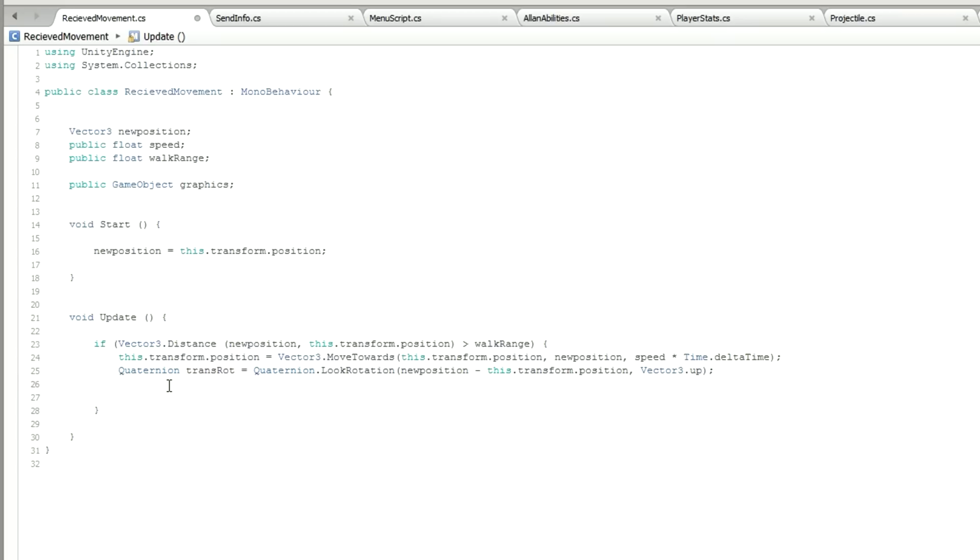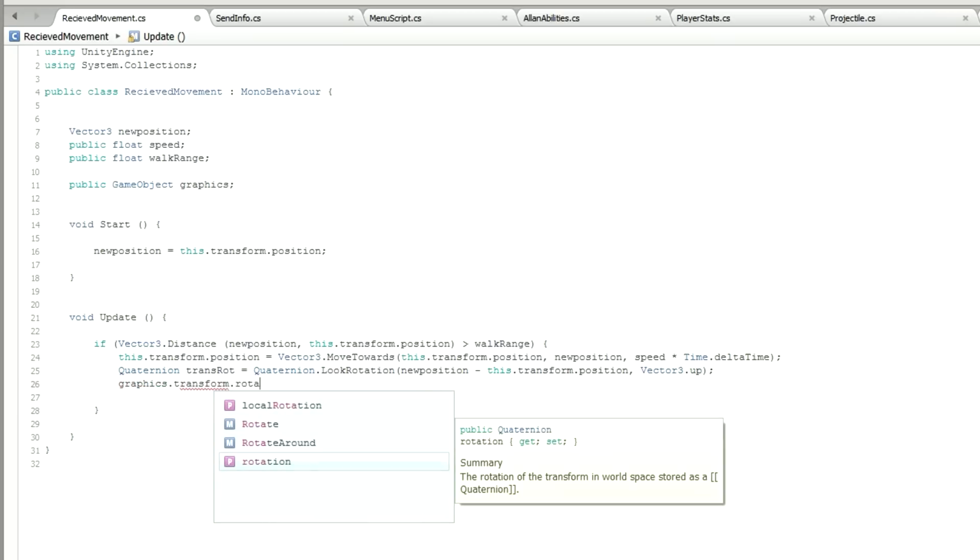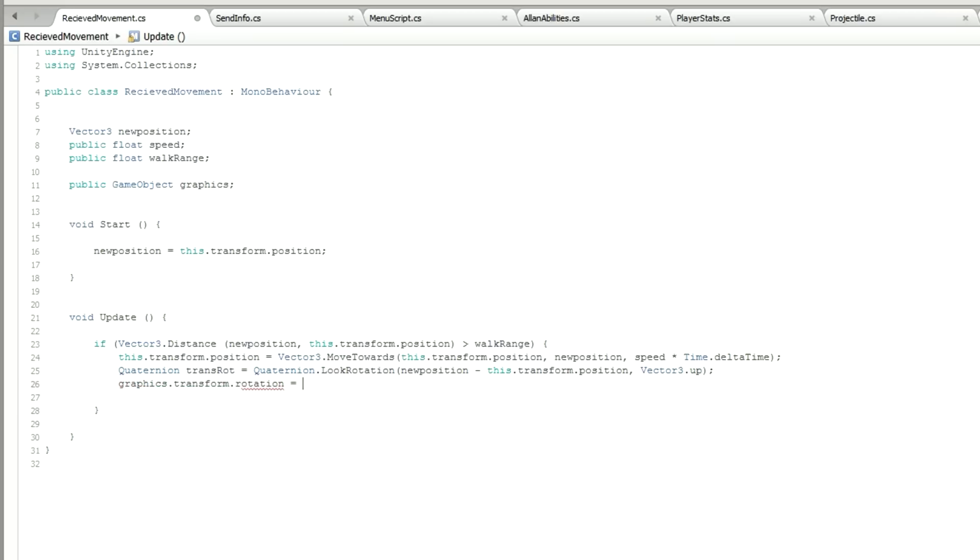But there's one more step that we want to do, and that's basically slerping. I noticed this in League of Legends, it's a lot faster. So instead of our character just looking in the direction that we're going, we want it to turn to the direction that it's going, so it has a nice smooth movement feel to it. Sorry. So basically, we are going to change the transform rotation of the graphics. So we go graphics.transform.rotation, there we go, is equal to